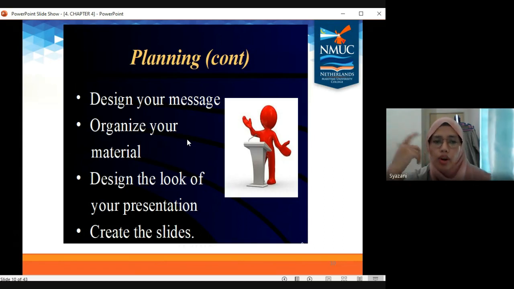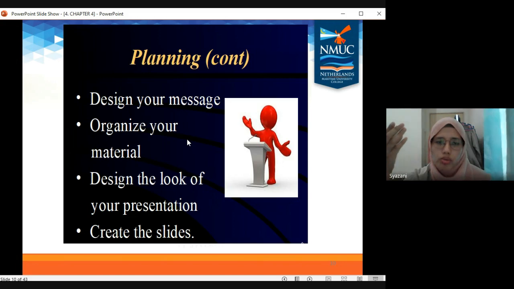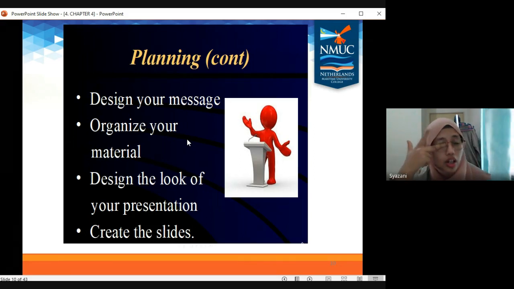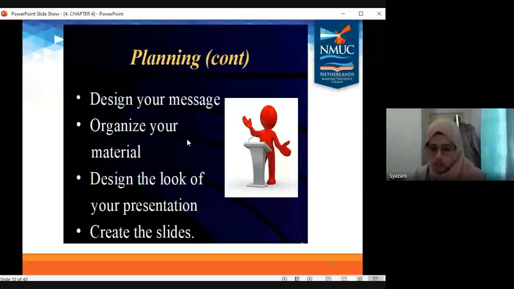If you want to use props, make sure you have complete props. Or if you want to use slides, you must make sure that your slide is not boring. When we look at it, we should not be bored. Use a lot of